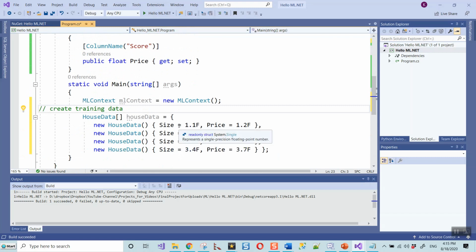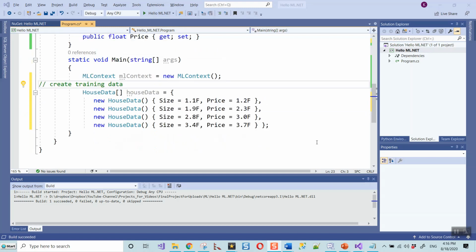Now this house size represents 1.1 or 1.9 times 1000 square feet. So the multiplier is 1000 square feet, and the price is 1.2 times 100,000, whatever the amount is, that has to be multiplied by 100,000.